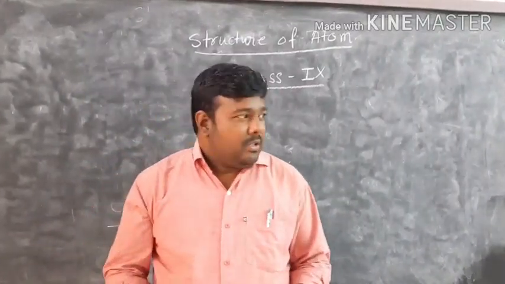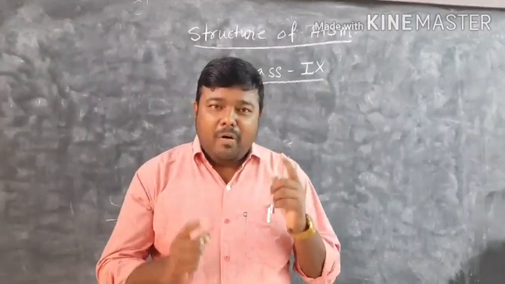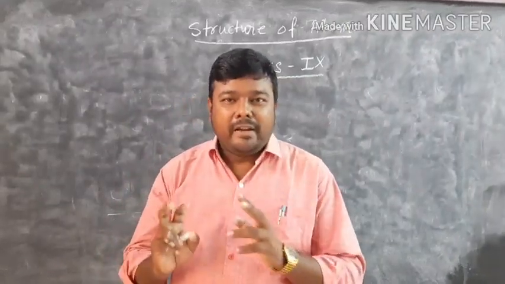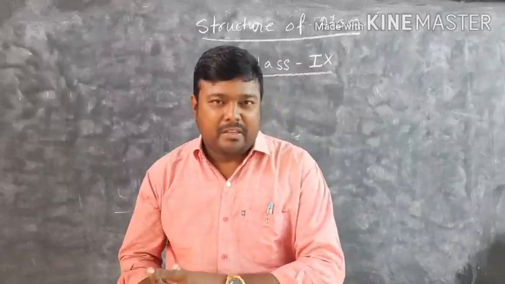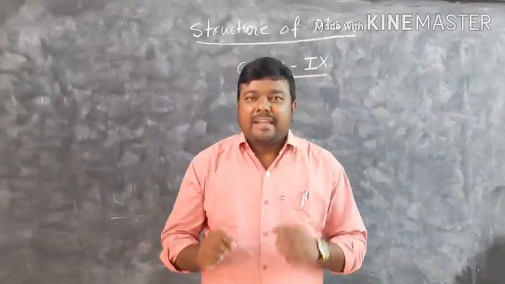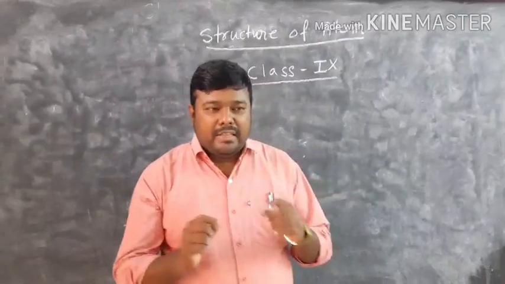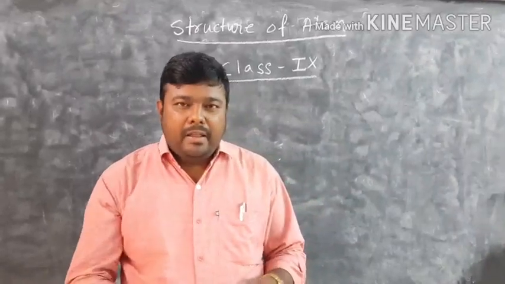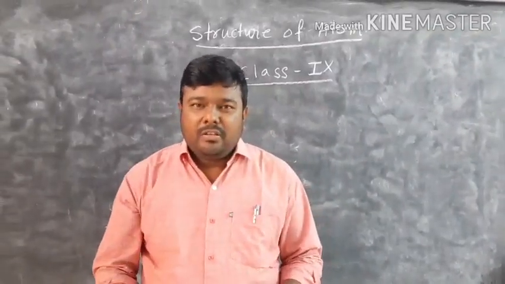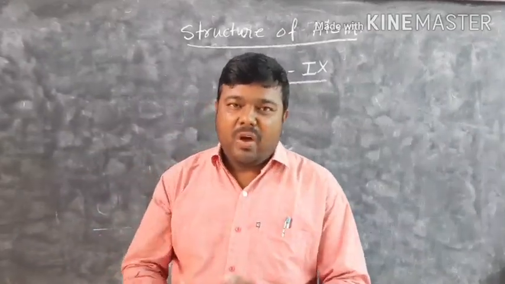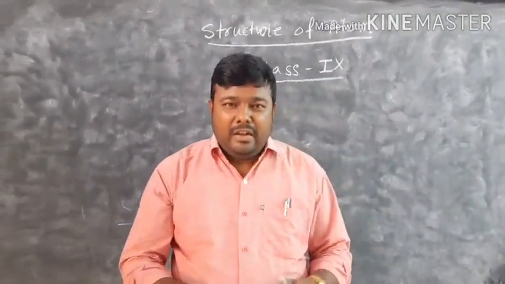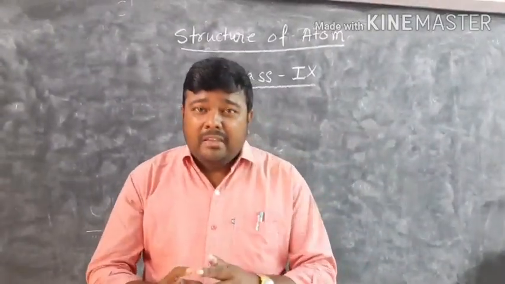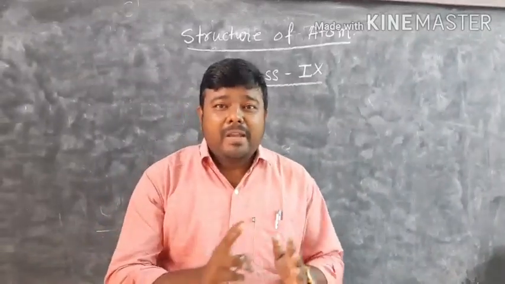So first of all, so far we have learned these things. The smallest particle of an element is known as the atom, and according to Dalton, an atom cannot be divided into further subatomic particles. Now there are some ancient phenomena, like charging by rubbing. If we rub an ebonite rod with a silk cloth, both get charged. One gets positive, another gets negative. Have you ever thought about why an uncharged object becomes charged on rubbing?